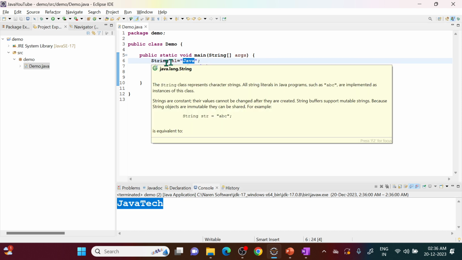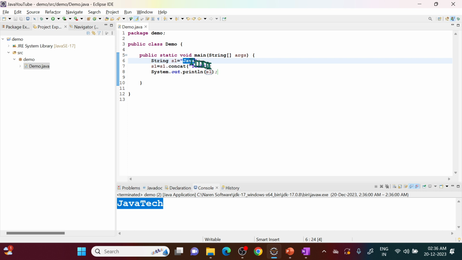string is immutable. That means once an object is created, we cannot modify it. Here we are concatenating, and it looks like we are modifying, but in reality it is not modifying. Actually, in the string constant pool, one object is created in this line, that is Java. Once we add text, a new object is created, that is Java text. So two objects get created in the string constant pool, so memory is getting lost here. We are losing something. In this case, if we take string buffer instead of string,